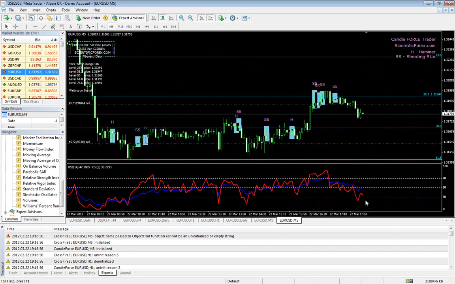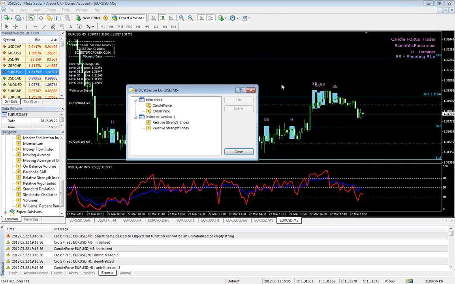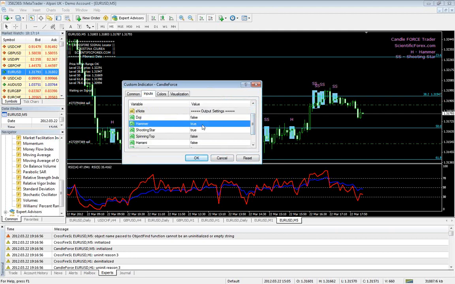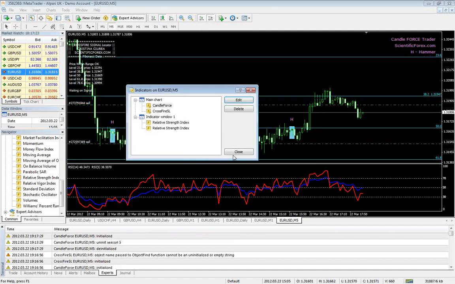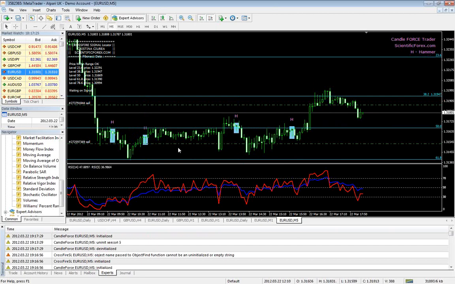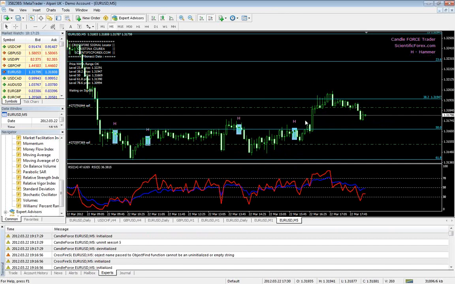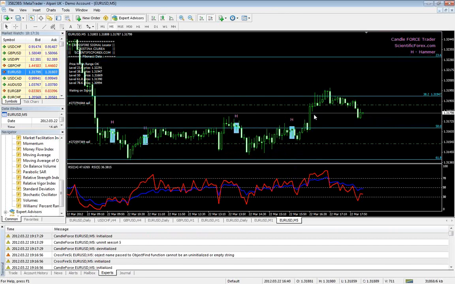So during this webinar, we should have a cross here for RSI. As soon as we have a cross, we'll have stop loss and take profit lines in here. Let me first take off this candle force. As I said, on lower time frames there are a lot of candlestick patterns, so usually they're not so reliable on lower time frames. Hammer looks to be the one which is the most reliable on all time frames, but anyway, I'll use them on higher time frames. Okay, so we'll leave this one working while we go ahead and explain the